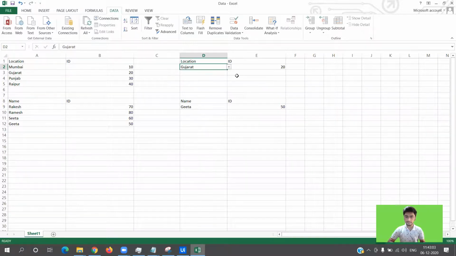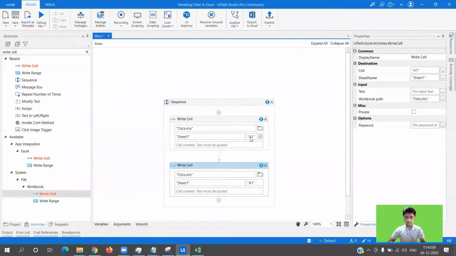You see Mumbai. So what I have to do here is D2 and D9. So let me do D2. Okay. And let's do D9. In D2, I want to pass Mumbai, and here let's pass Ramesh.